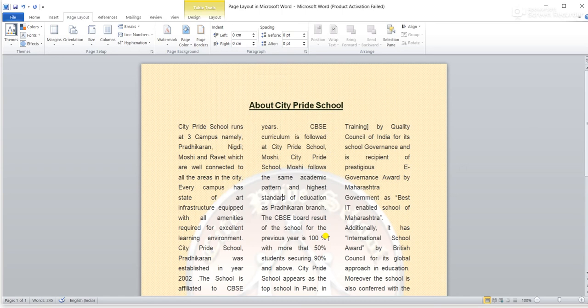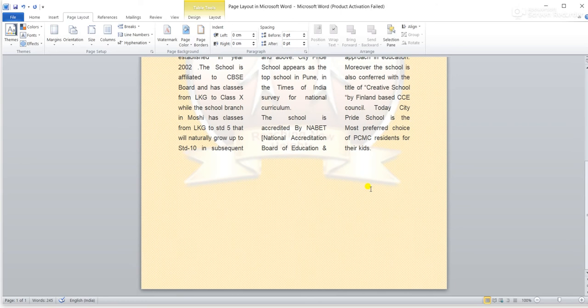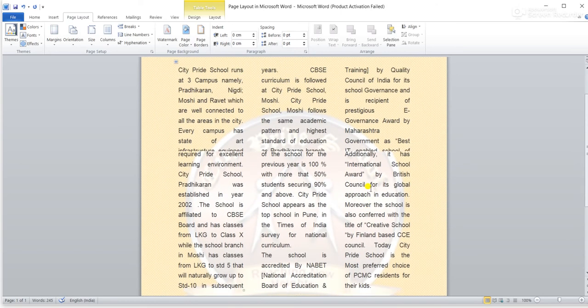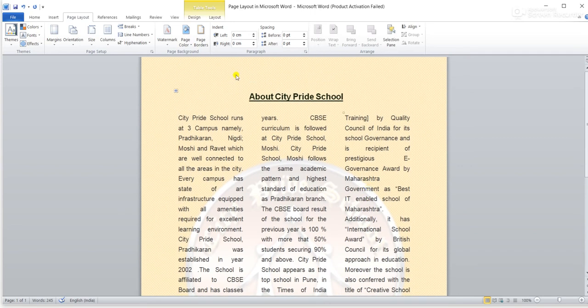So I'll keep this only. Now we can give borders to the pages also throughout the document. Let's see how to give the border. By default there is no border in the document. If you give borders to the document, it looks good and presentable.